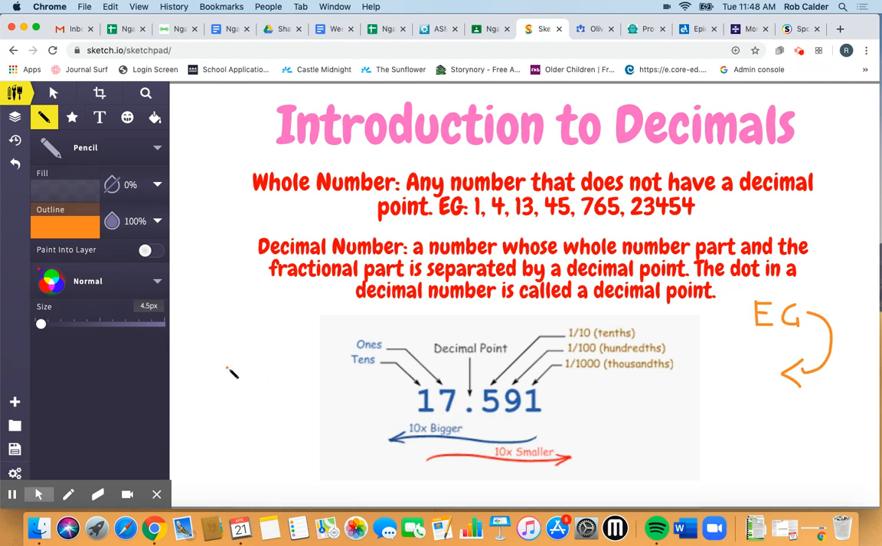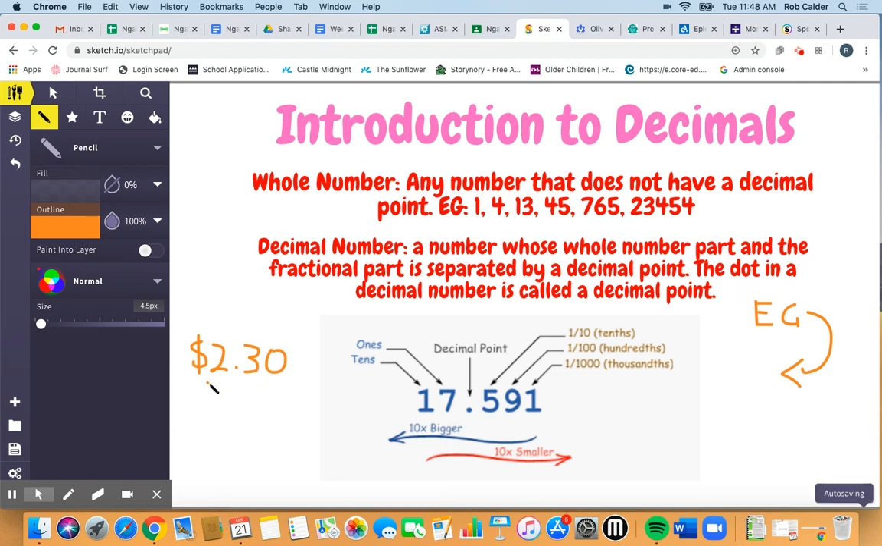When I first start introducing decimal numbers to my students, I find that the easiest, or an easy, authentic context for them to get their head around this is money. Now, if I was thinking of money and say I had $2, that is a whole number. I've got two whole dollars. But if I had $2.30,